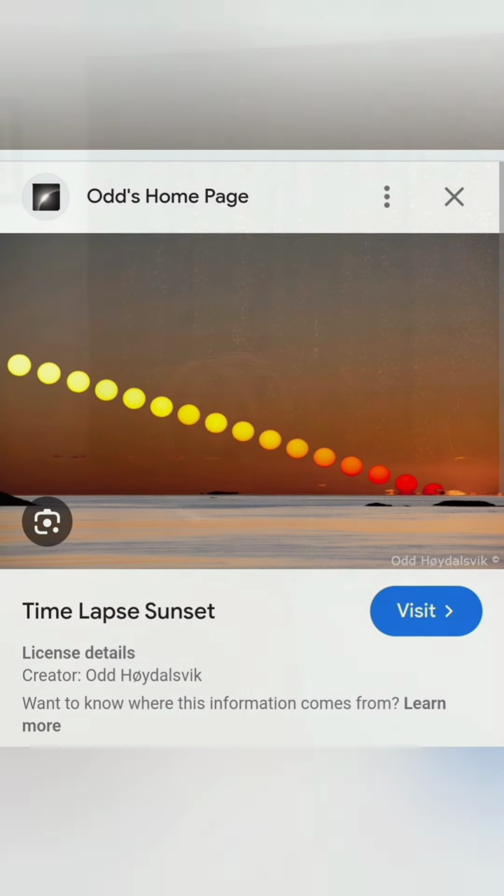But if it's a globe and the sun is in a relative fixed position compared to our rotation, then it shouldn't get smaller as it goes down. So let's test this. Let's look at some still images of photos of the sun. All right, now let's compare. If we look at this image, the sun on the left is the same size as the sun setting all the way on the right.